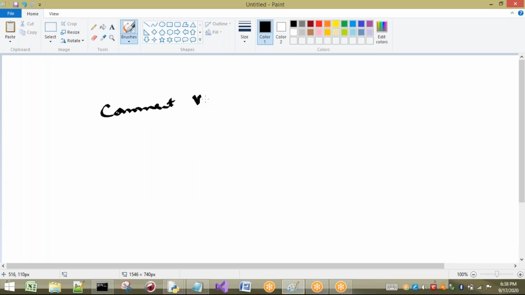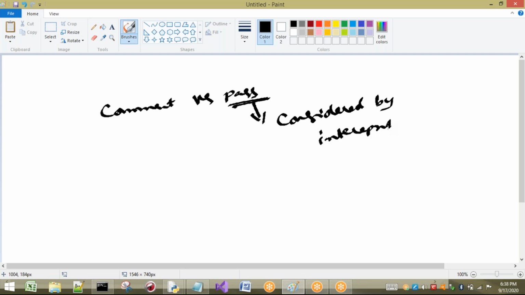Whenever you write pass, it is considered by the interpreter. The interpreter understands that it is not having any body, and it will skip that and not execute it. What about a comment? Your interpreter will not consider it. That means your interpreter is going to ignore it.